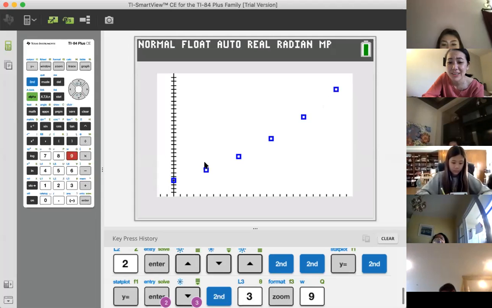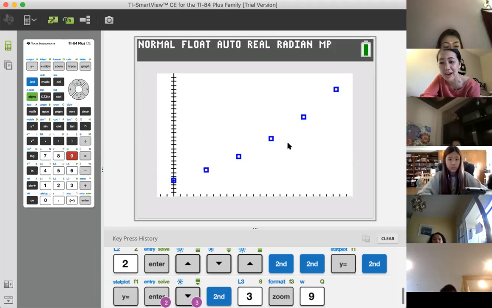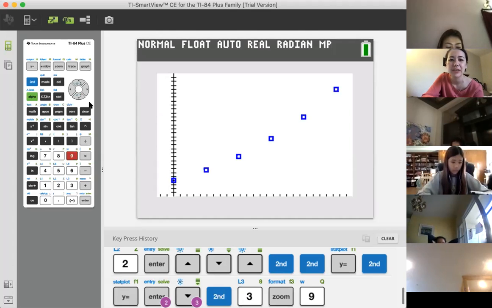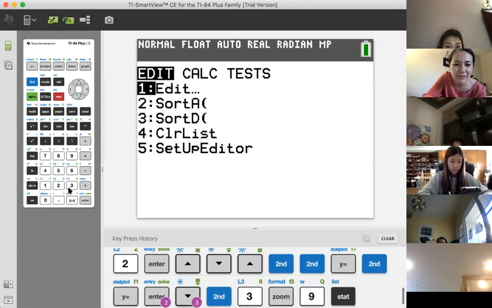I agree. So because of that, I'm gonna maybe go down one more step in the ladder just to test it out. If it looks even better, then I would go for it. If it doesn't look better, then I would stick with this one. All right, so this is looking pretty good, but like Kira said, I definitely still see a little bit of a curve. So let's go back to stat, edit,